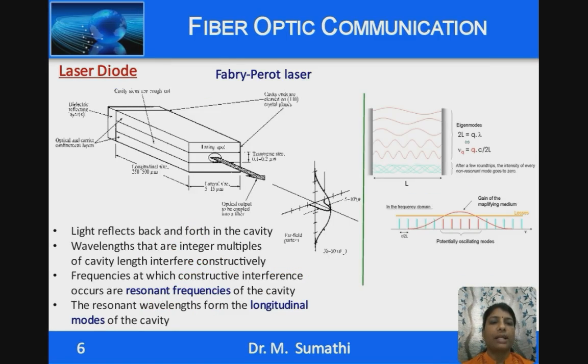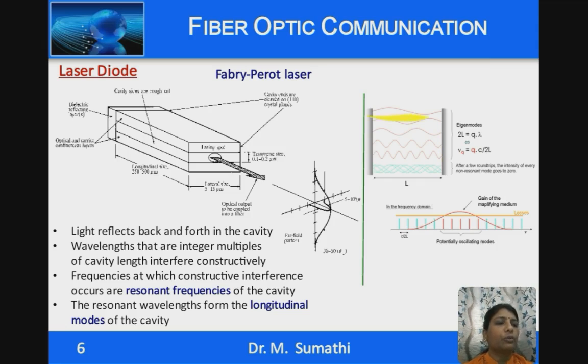The Fabry Perot laser has two partially reflecting mirrors directed towards each other. They provide strong optical feedback along the longitudinal direction. So, the light reflects back and forth in the cavity, and wavelengths that are integral multiples of the cavity length interfere constructively. As can be seen in the diagram on the right, between the two mirrors the light